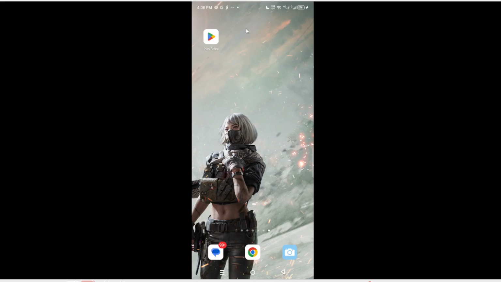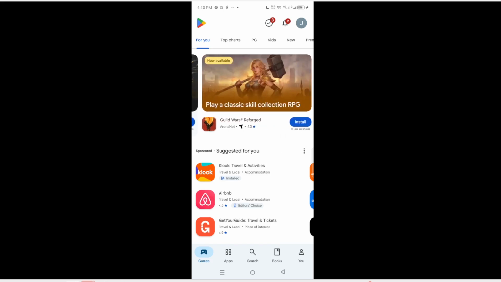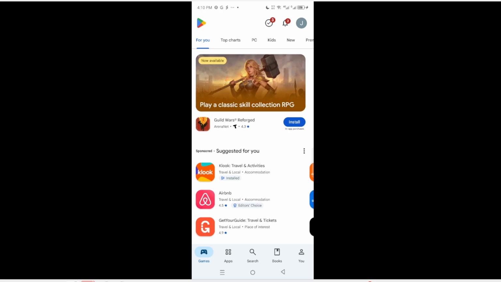You can find the Play Store icon, which resembles a colorful triangle, usually on your home screen or in your app drawer. Once you tap on it, the Play Store will load, displaying various apps and games. This is your gateway to a vast selection of applications, including Vinted. If you are prompted to log in, make sure to enter your Google account credentials. This step is crucial because it ensures you have access to all the apps you want to download.